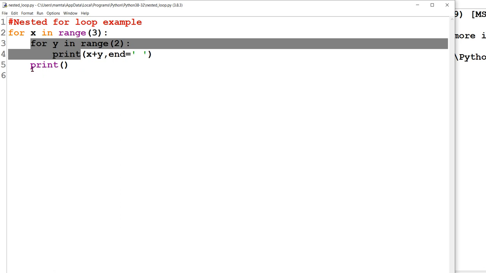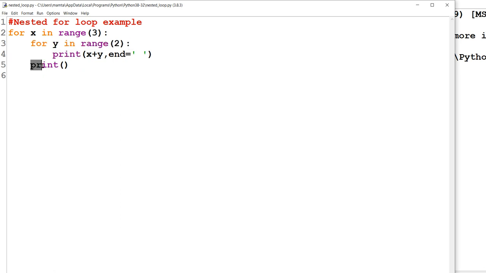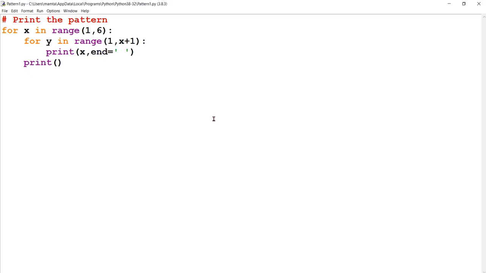One statement includes lines 3 and 4 and another statement is line number 5. And you have to take care of indentation also. You can see this print is indented 2 layers relative to x. That means this is within y, but this one is directly indented within x. So this is within x.